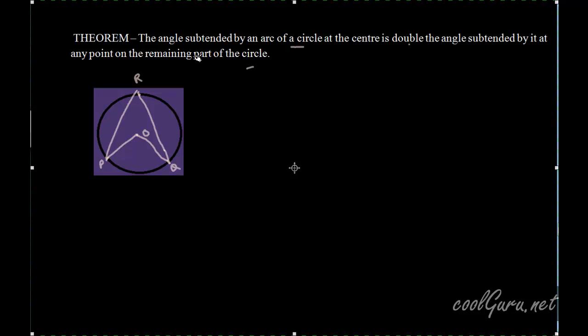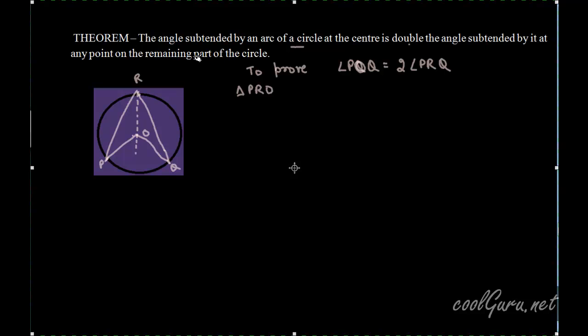And we have to prove that the angle subtended at the center, that is angle POQ, is equal to 2 times angle PRQ. This we have to prove. Now join RO. In the triangle PRO,